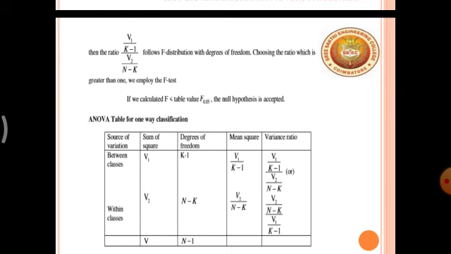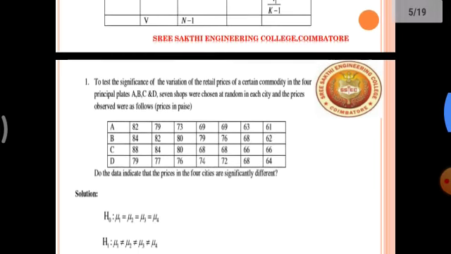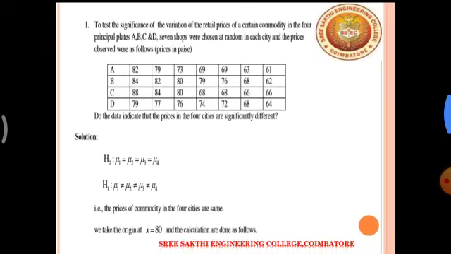Next, we can see the merits of the one-way classification. What are the merits of the CRD? CRD results in the maximum use of the experimental units, since all the experimental material can be used. Second, the design is very flexible. Any number of treatments can be used, and different treatments can be used an unequal number of times without unduly complicating the statistical analysis in most of the cases.